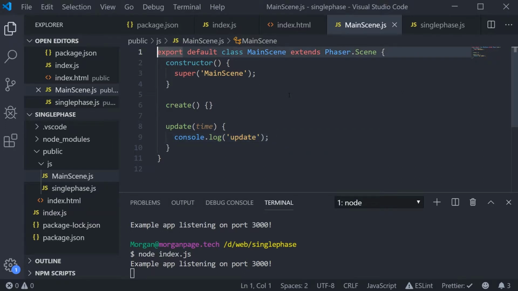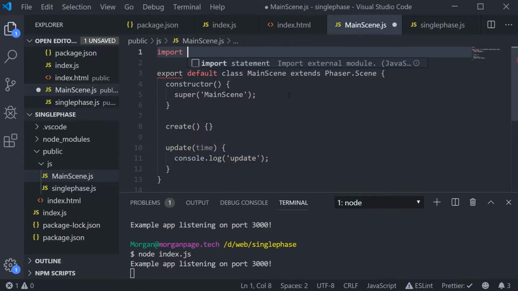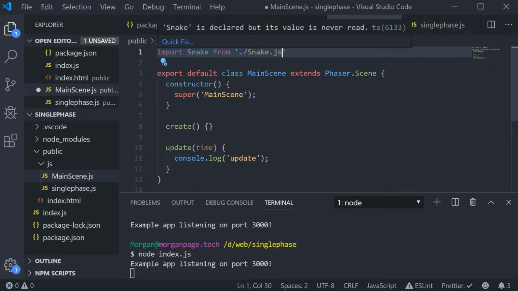So funnily enough, the snake game has snakes in. Well, it just has one snake in, and let's create a snake class, seeing as we're doing this all using modern JavaScript. Let's do it with classes. We're importing snake here,